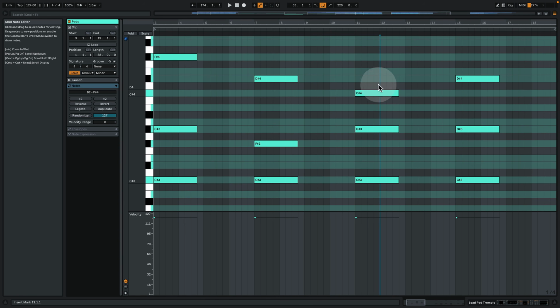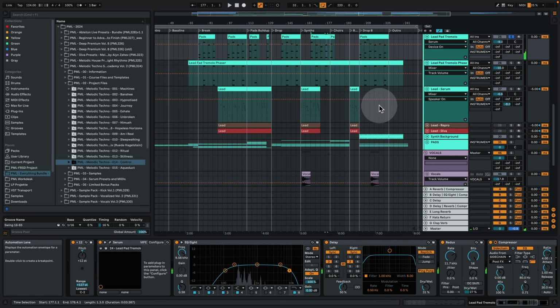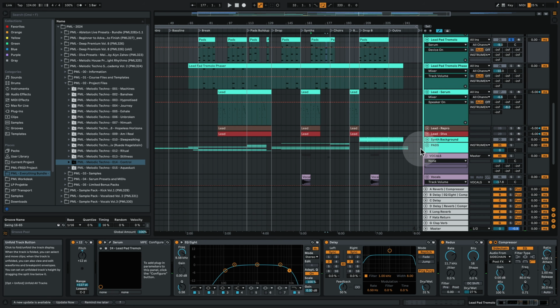And here we're playing the fifth and the octave. And then the same, oh, it's not the same as this one. We're actually playing the fifth and the second. So it's kind of like a sus2 chord, but voiced up. So these are providing the atmosphere here in the lead parts,